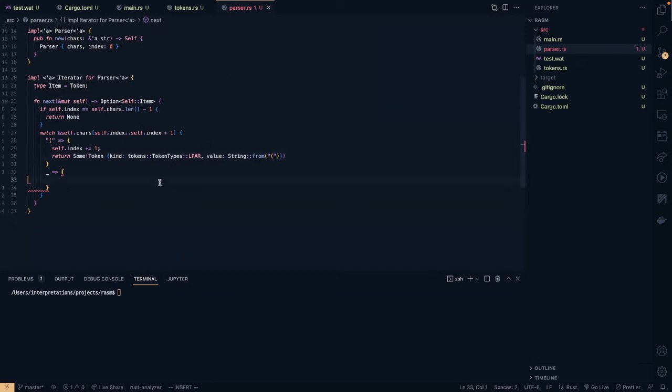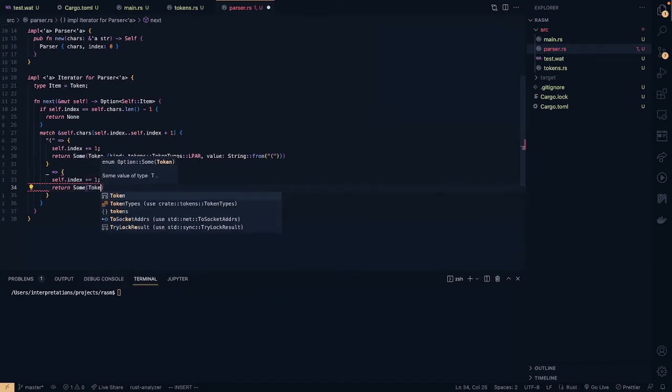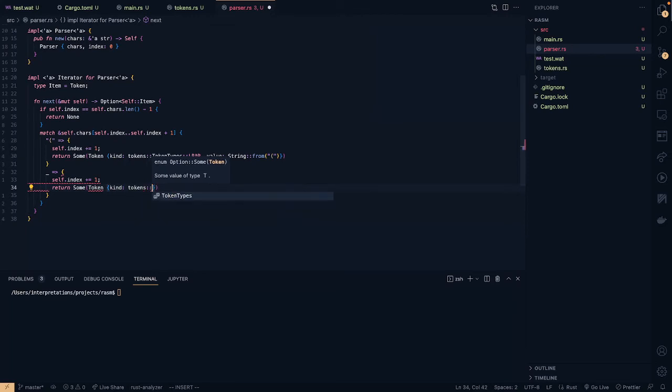Okay, so then here, let's just do plus equals 1 again, and that way we'll make sure that we actually end up increasing our index long enough that we meet this condition where we return none, so that our iteration does finish at some point. And for now, we can just pick an arbitrary token. I think that the literal one is the most general, so I'll do that for now. Kind tokens